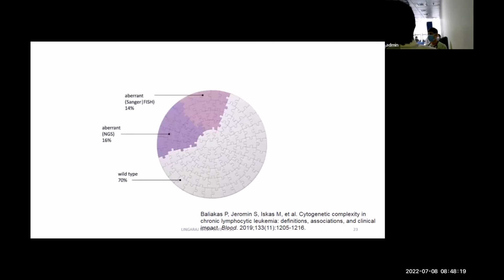Most of the data on TP53 came from Sanger. The data on the use of targeted drugs, chemotherapy, everything came from Sanger. Now we have NGS, so we are doing NGS. Obviously we can pick up those clones which have VAF less than 10% also. The significance of 1 to 10% VAF TP53 is still unknown. There are data either way.